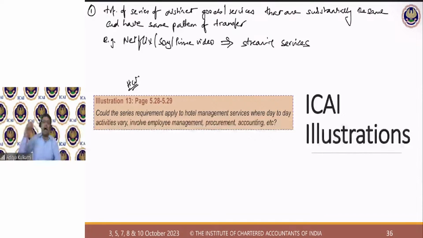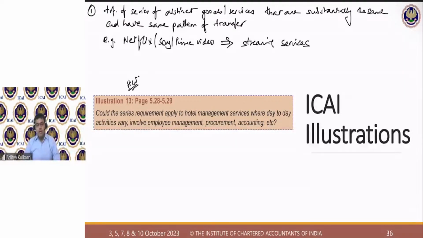That's it. You have an Airtel phone connection. Today you have the connection being given to you. Tomorrow you have it, the day after you have it. So is it continuous provision of services over the entire month? Answer is yes. What I am doing is I am giving the services on day 1, the same services I am giving on day 2, the same I am giving on day 3, the same I give on day 30 and day 31. That means in the entire 31-day period, I am giving the same services.